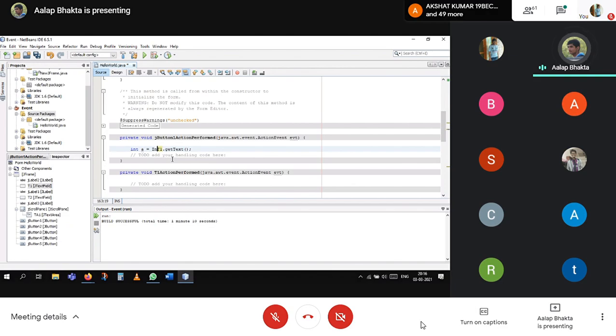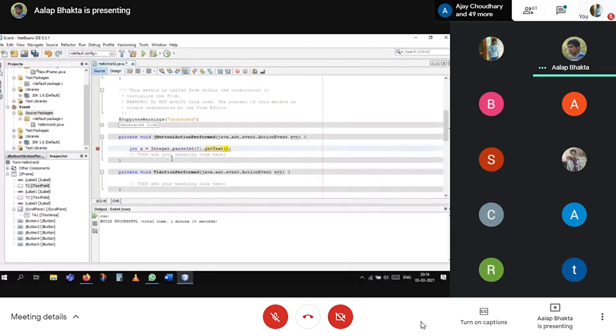So there is a converter, Integer.parseInt. This Integer.parseInt will basically change the string to integer data type.